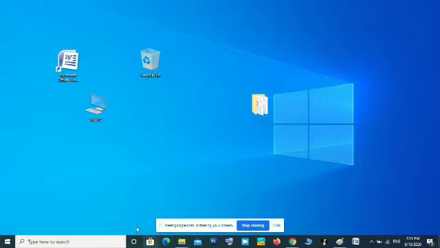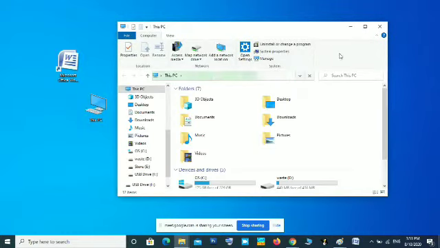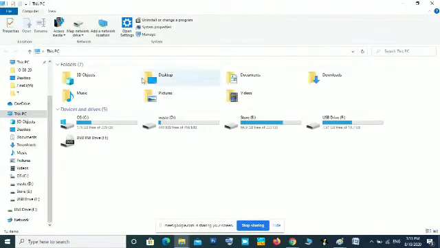Okay, when I am opening this My PC, that is My Computer, you can see so many folders. Here 3D Objects, Music, Desktop, Pictures, Documents, Videos, Downloads, all these are folders. These folders are inside one of these drives, that is C drive, D drive, E drive, F drive, then CD drive. There is no CD in my computer now, that is why it is displayed as blank. So this Desktop is a folder in C drive.